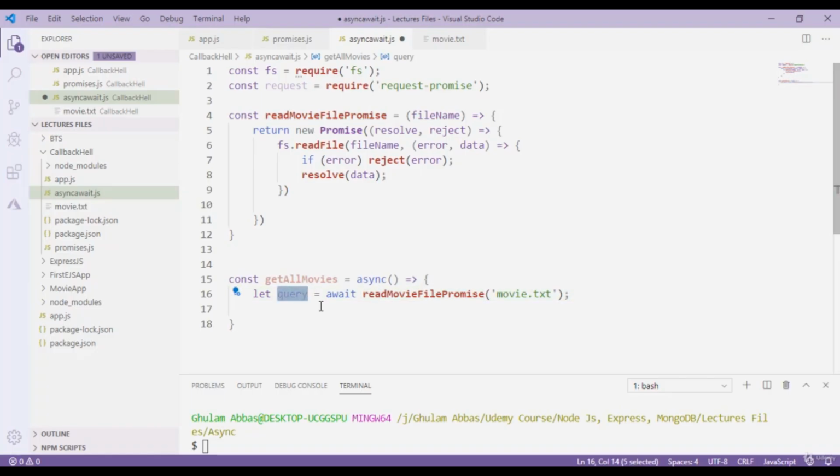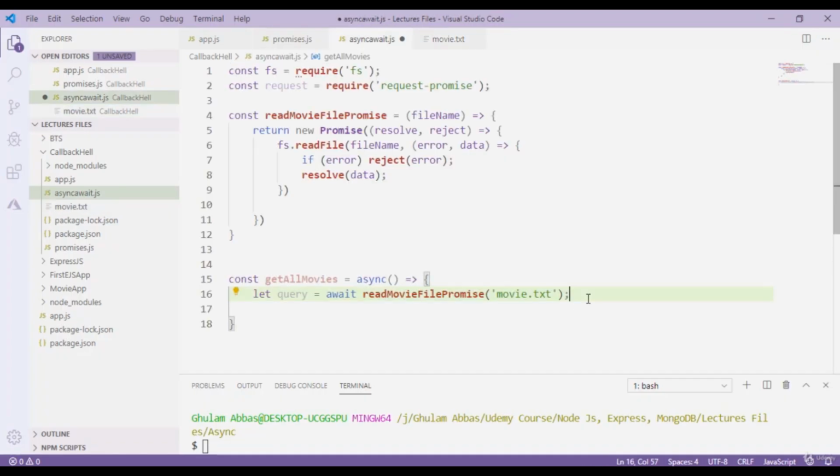But this is not going to pause or block the main thread or event loop. What happens is, as we are using an asynchronous function here, the event loop will move this function to the background and this function is going to be processed in the background of the application. This line is not going to block the main thread, but in fact it is only going to block the process of this function. So I get my query here, which is Avengers in this